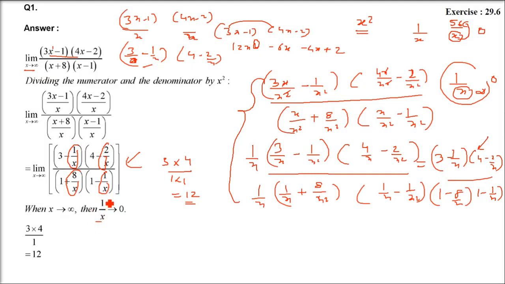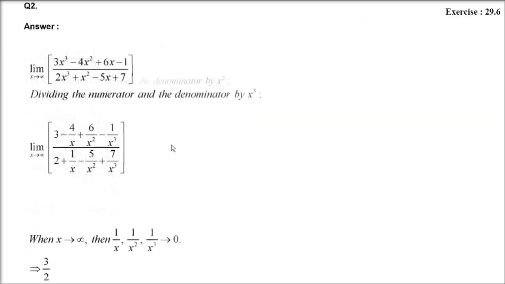So just remember all the questions which are coming. If x is in the denominator and x tends to infinity, it's going to be 0. 1 by anything with an infinite number is 0, because... let's take the next question, you will understand it better.